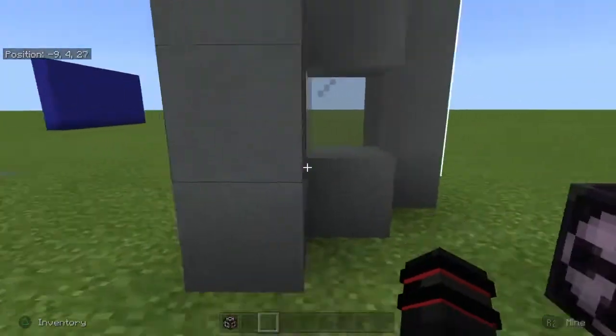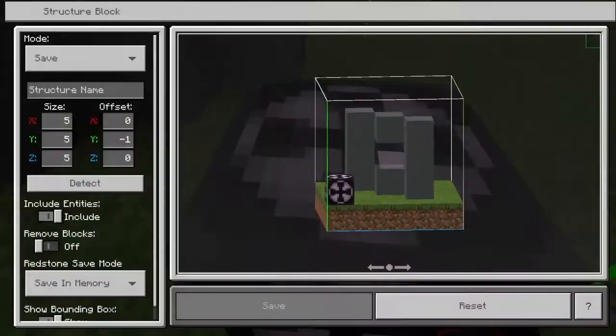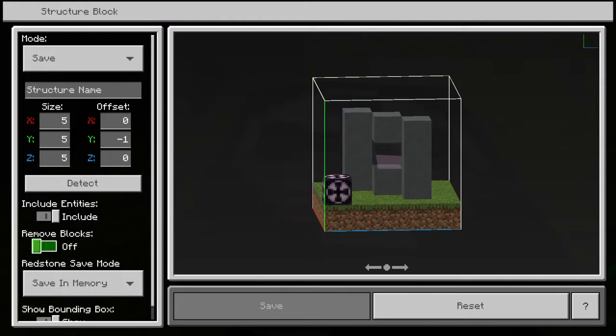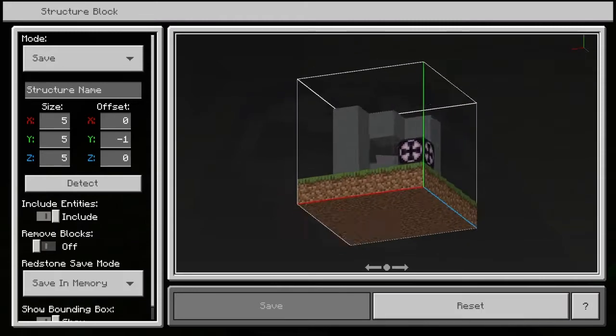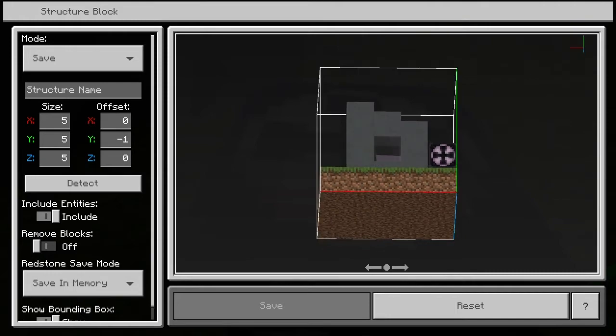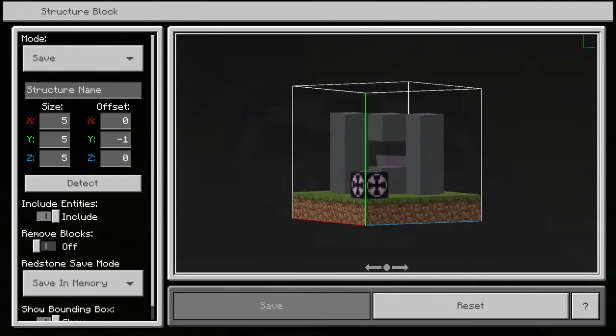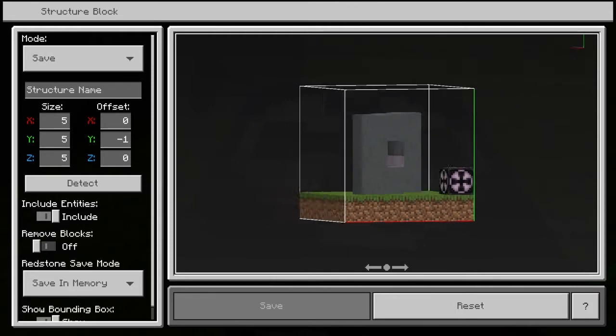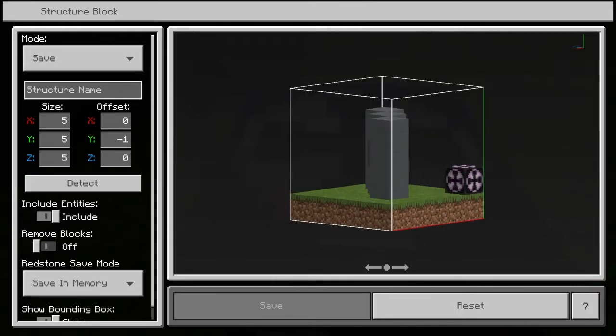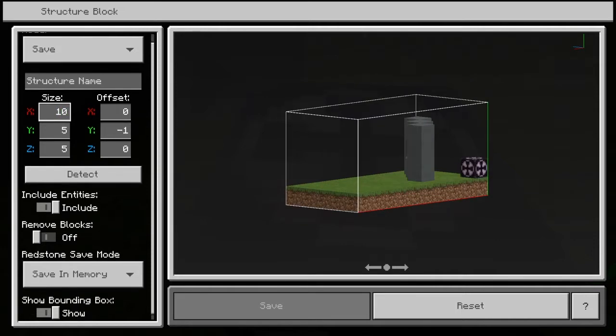So now if you're wondering how you actually use this block, obviously click on it, L2 for PS4, I don't know what it is for other controllers. And you can take a look if you move it. As you can see on the left side, it's color coded: X is red, Z is blue, Y is green. So if you want to move it up, you can move it to 10 or